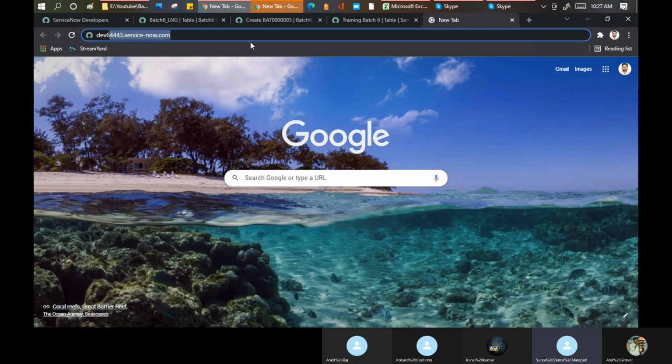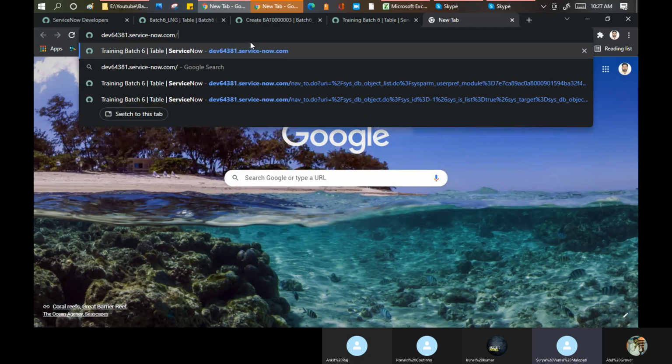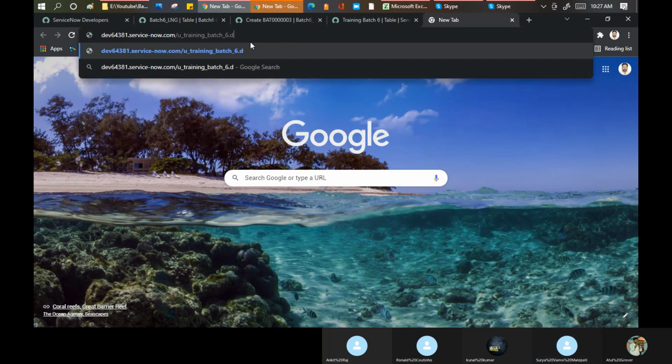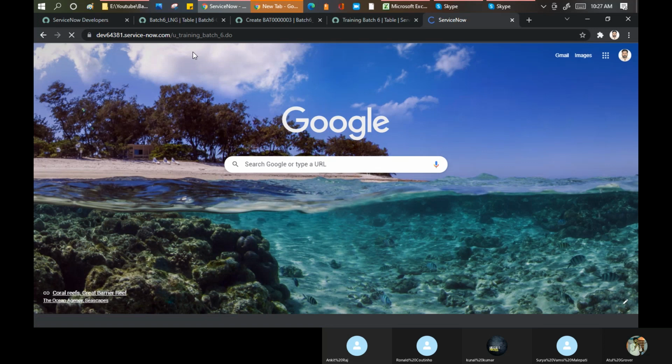Yep, 6 4. Okay. Slash this dot do. Okay. In this table, I don't have any auto number, correct? Which we did in our earlier table. And that is the reason it is not showing me any field here.